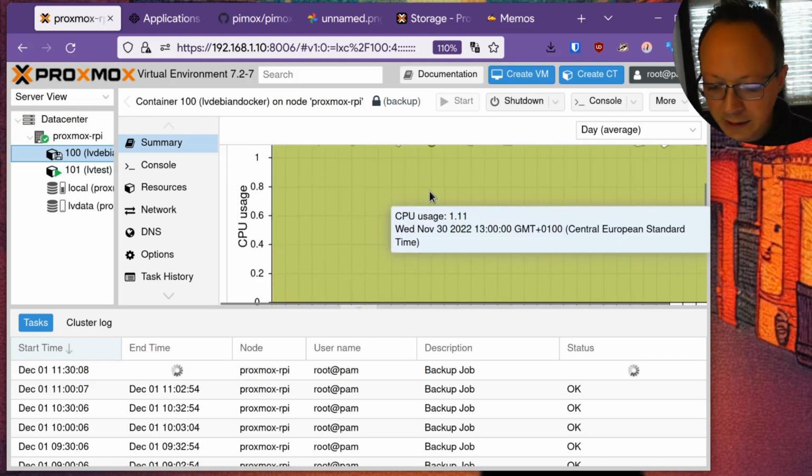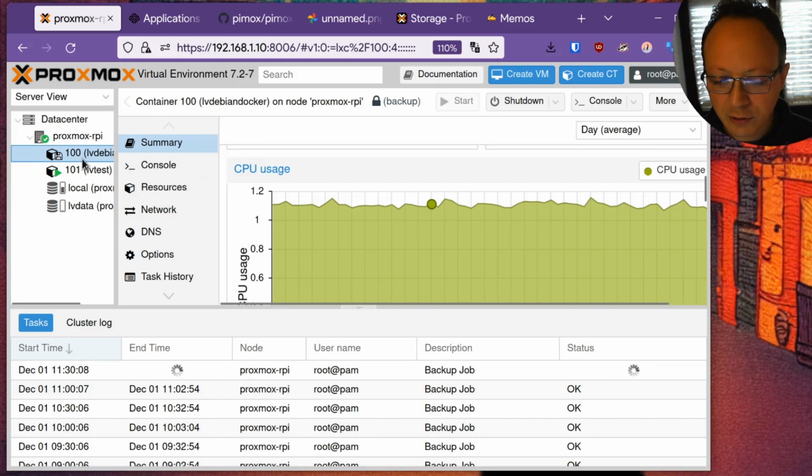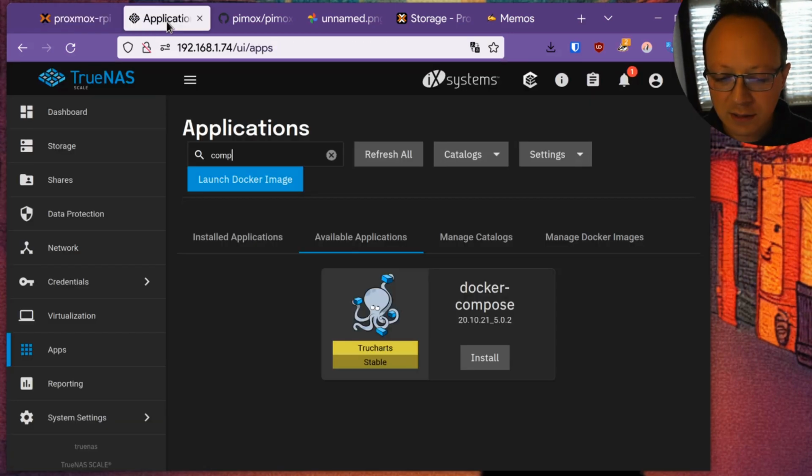And as you can see here, this is per container stats, and then you have per computer stat. I didn't find a similar way in TrueNAS. Leave me in the comment if you found a way to monitor the resources of the application in TrueNAS.